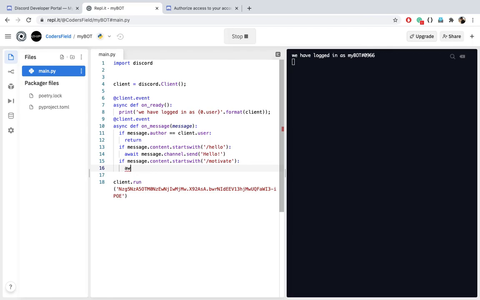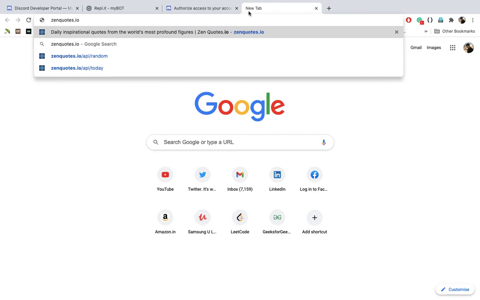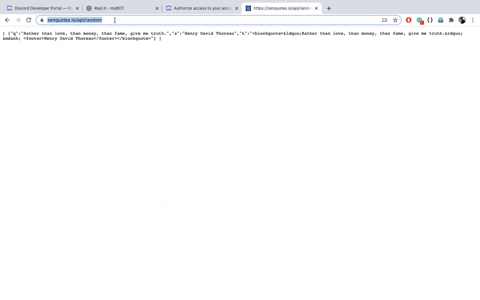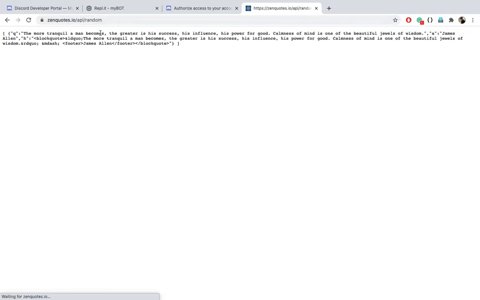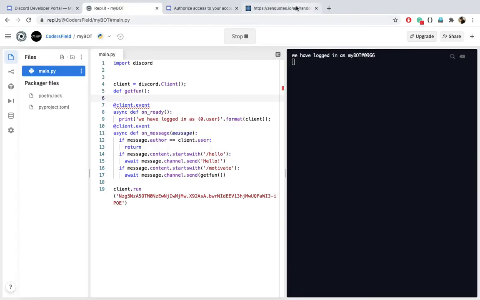So await message dot channel will send message with one get function. So we will define one get function, and it will return some string. So here let me define that get function, and it will fetch a string from the one API. Let me show you that API, zenquotes API random. So it will generate a random motivational quote, and we can use that quote. See that, and we will add this in our bot. Let me copy this API,